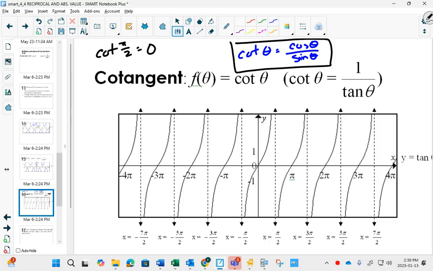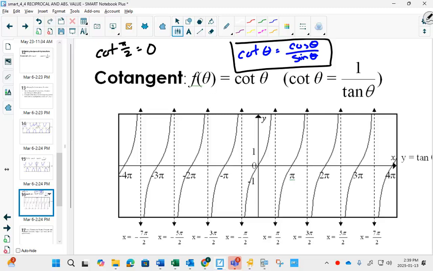Which kind of messes us up because I want to graph it right now. And I know a strategy for graphing 1 over tan, but I don't have a good strategy for graphing cos over sine, other than dividing two graphs and seeing what I would come up with. So for graphing cotangent, we're going to use the ideas of 1 over tangent, but we're going to find out